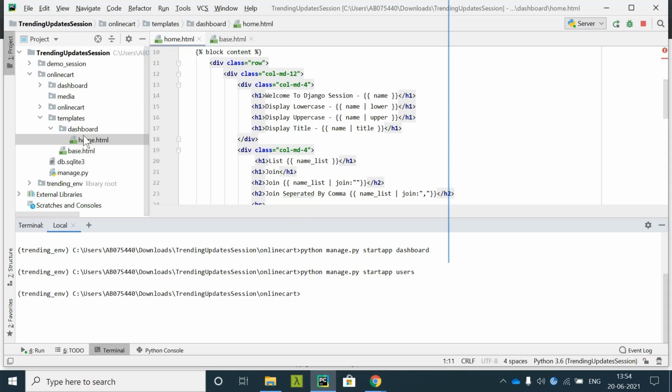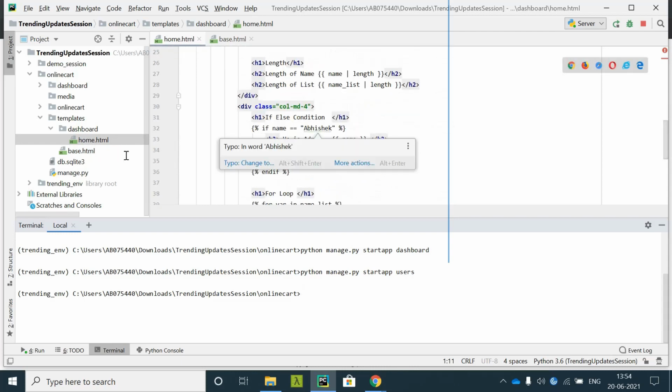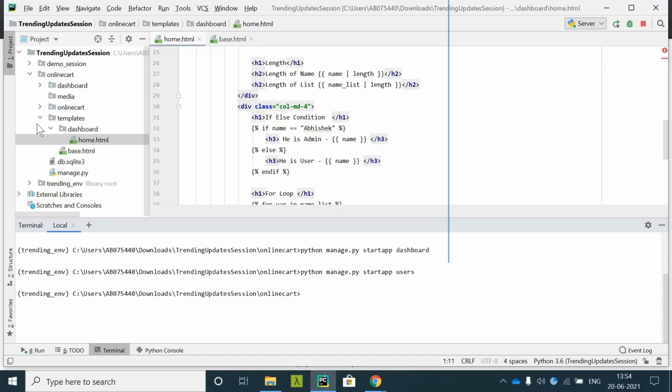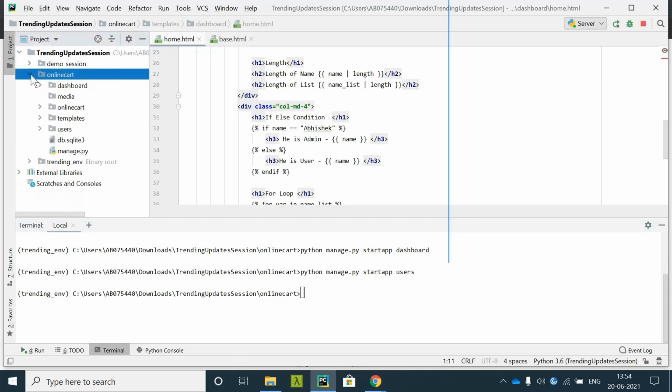Okay, now you should be able to see the users app over here.